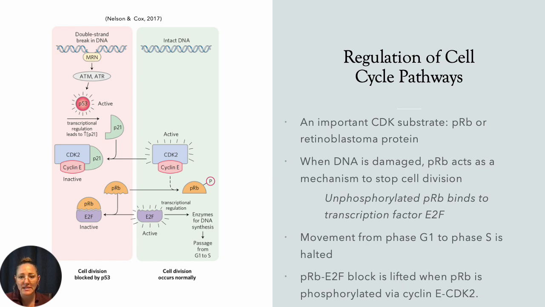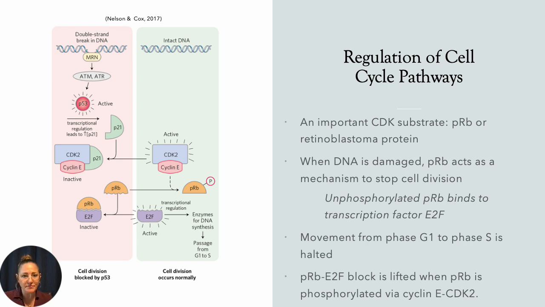An important CDK substrate is PRB, or retinoblastoma protein. When the DNA is damaged, if you see here in the slide, PRB acts as a mechanism to stop cell division. This is done through unphosphorylated PRB binding to the transcription factor E2F. Movement from phase G1 to S is halted, and the combination of the PRB and E2F block is lifted once there is phosphorylation via the cyclin